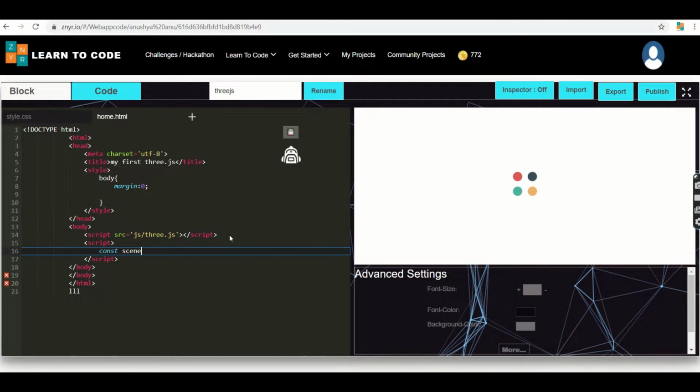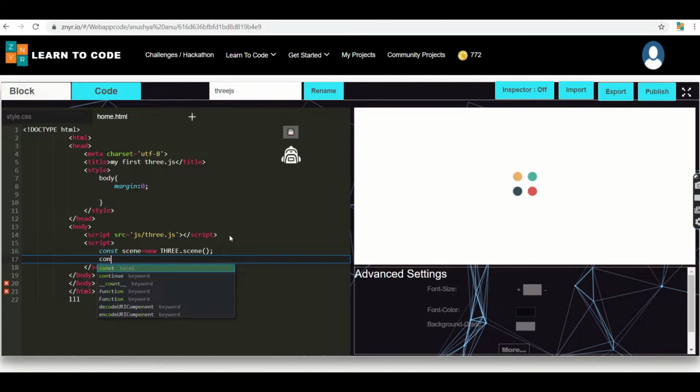I'm making the scene, which is an inbuilt variable which we have to declare over here. I'm making a new THREE.Scene. You can see we have created the local variable. I'm just closing this function.